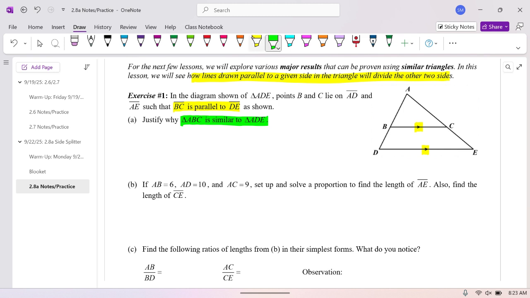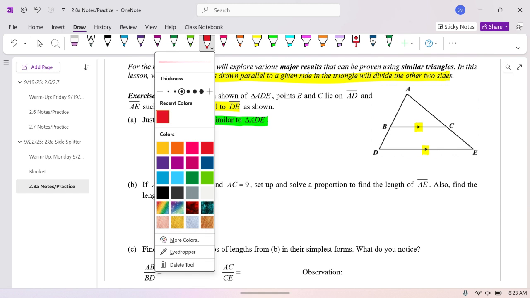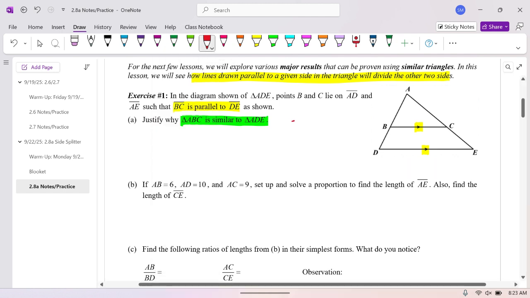Sorry, guys, my pen's just being really, really dumb. There it goes. All right, so